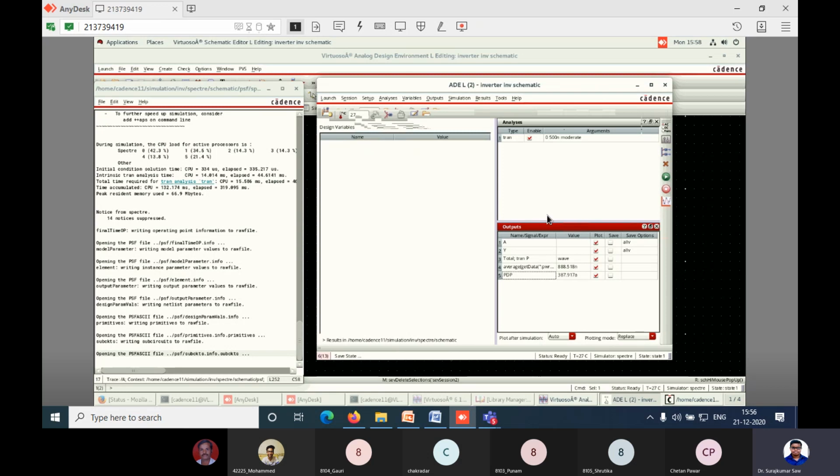This is only the pre-simulation result. I will go for the post simulation also, which will be covered on Wednesday, maybe Thursday. There we will do layout. After layout, we will check the post-layout simulation and compare our results: the response we got in pre-simulation, the values of average power, delay and PDP in the post result, and how the transient responses overlap or not. We will check that this coming Thursday.